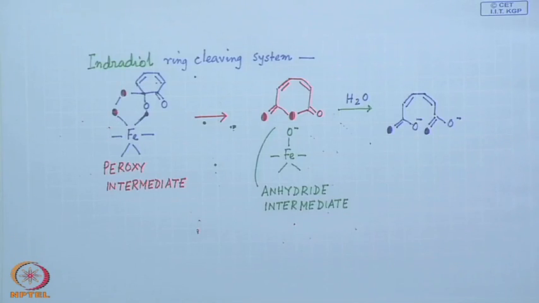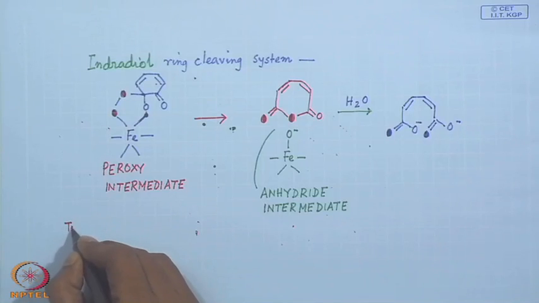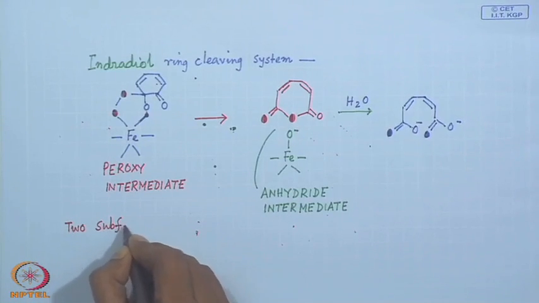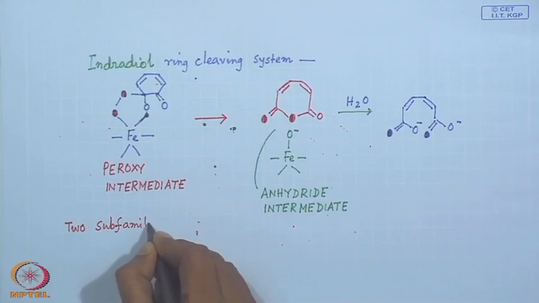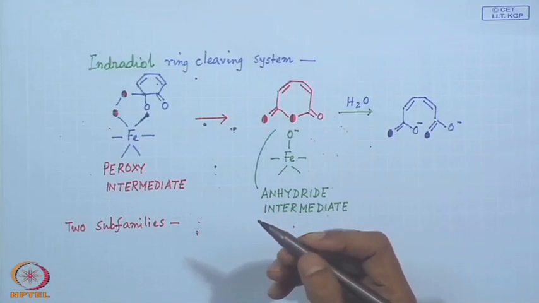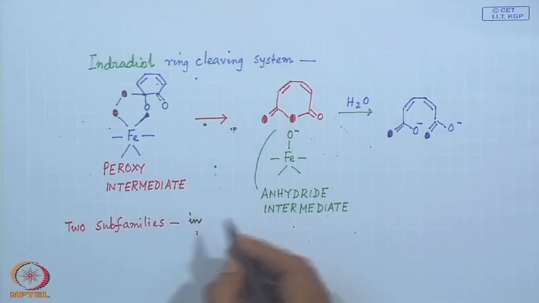So, these two particular systems, that means these two subfamilies, there is some difference between their environment, because we see that this can give you some different reactivity pattern. So, we have basically two subfamilies. One is responsible for extradiol cleavage and the other one is responsible for intradiol cleavage, but they are different. They are different in the amino acid sequence,